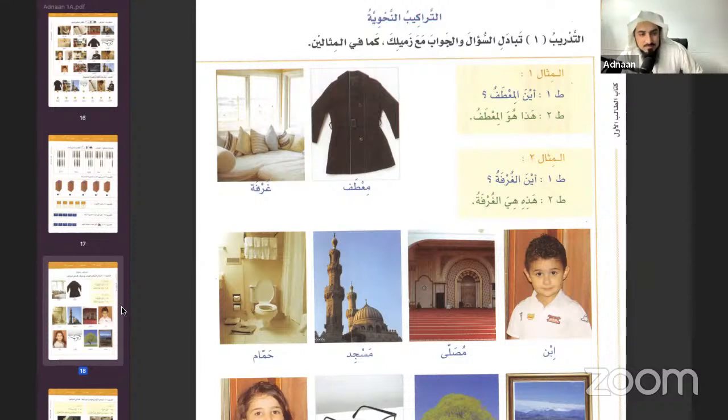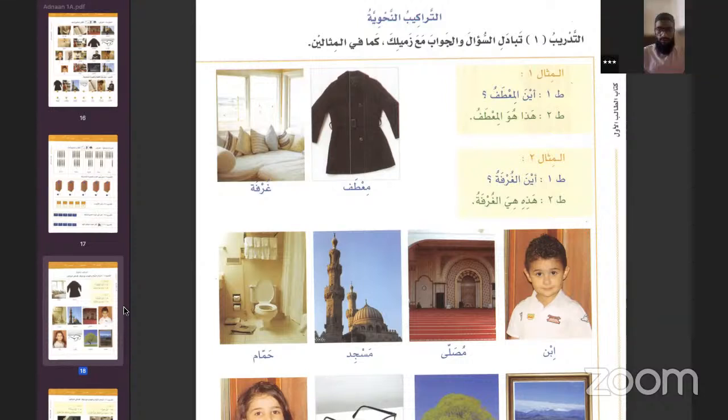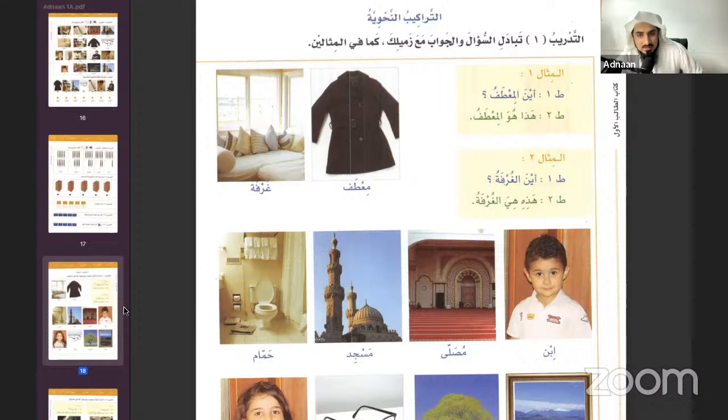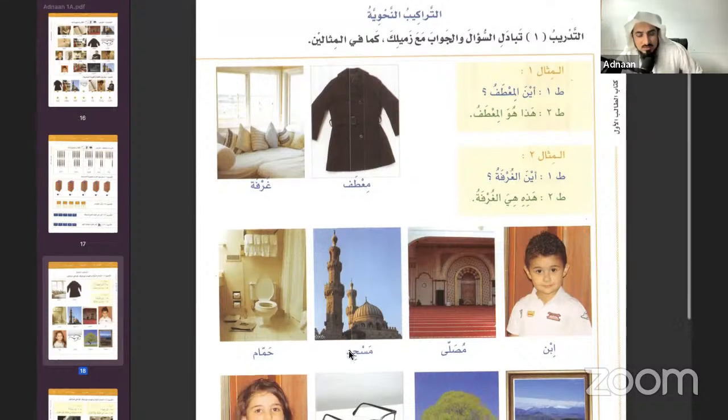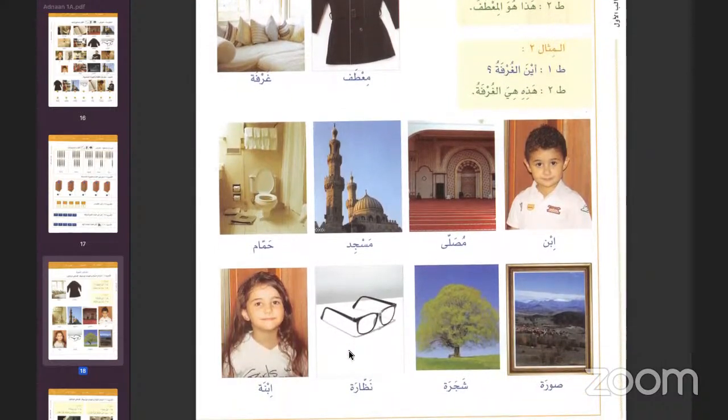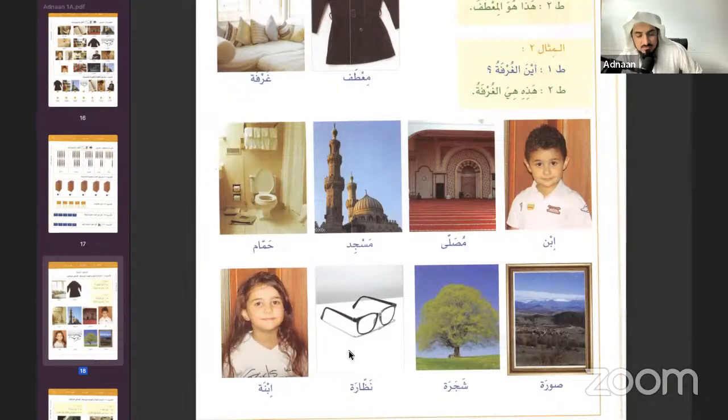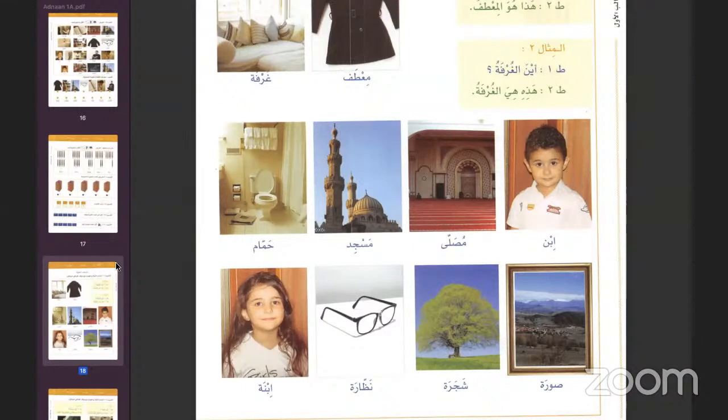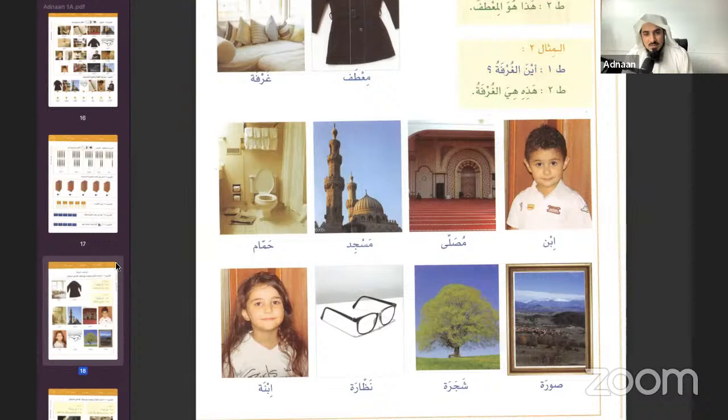عمر. هذا هو المسجد. سعيد. هذا هو المسجد. سعيد. أين الحمام؟ هذا هو الحمام. عائشة. أين الصورة؟ هذه هي الصورة. نزهة. أين الشجرة؟ هذه هي الشجرة. سعيد. أين النظارة؟ هذه هي النظارة. إبراهيم. أين الابنة؟